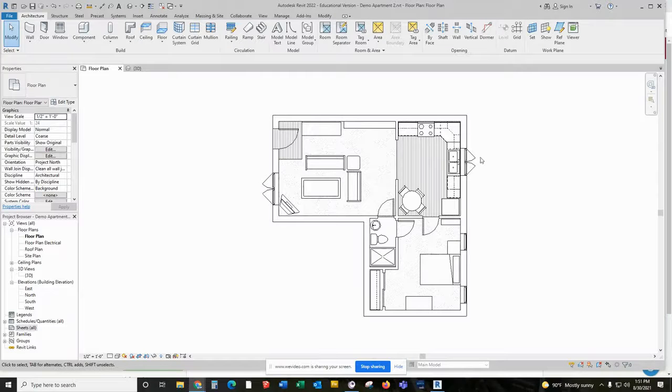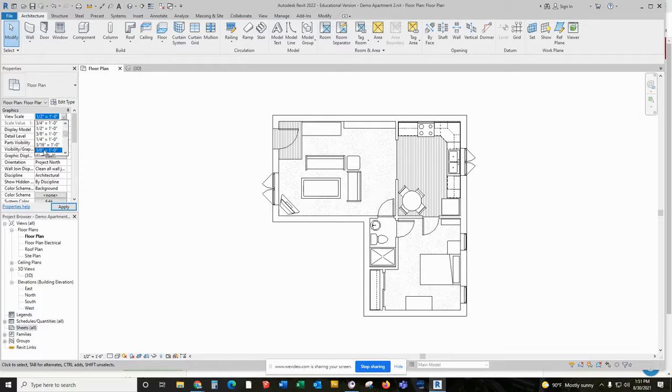Once you've completely put together the apartment for this assignment, we're going to go ahead and put it on a sheet. Now, the process I'm about to show is true for any document on any sheet in any project. For this example, I just happen to be using the demo apartment since that's the first one that students in my class do. So one of the things that we want to do now is create a